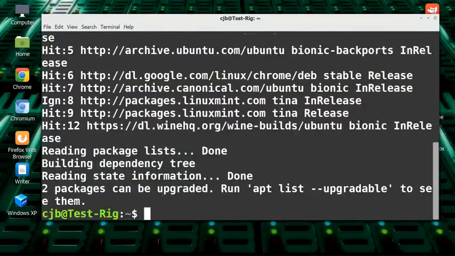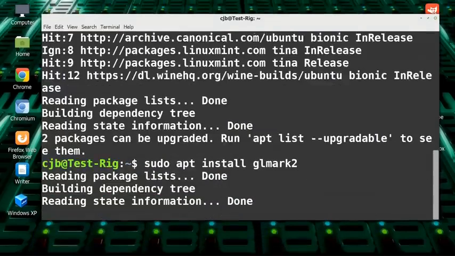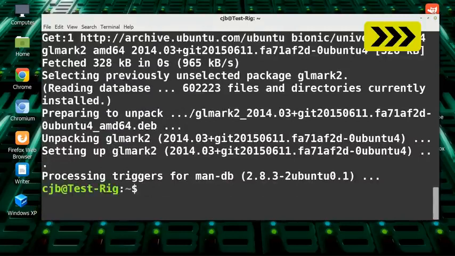Right, we're now set to install an application. So, for example, I could enter sudo apt install, and what should we pick? GL Mark II, which is a graphics benchmark. If I press enter on that, it'll start installing the application. We'll speed on through to the end. And once it's complete, here we are, we can execute it by typing GL Mark II, which should bring up